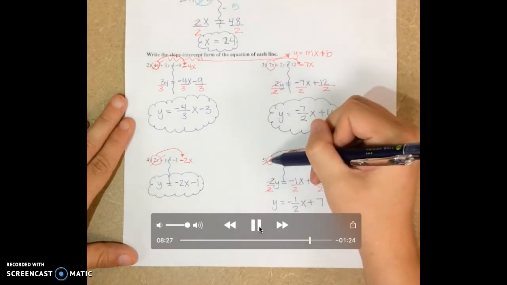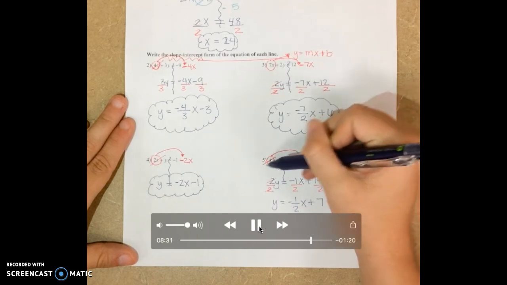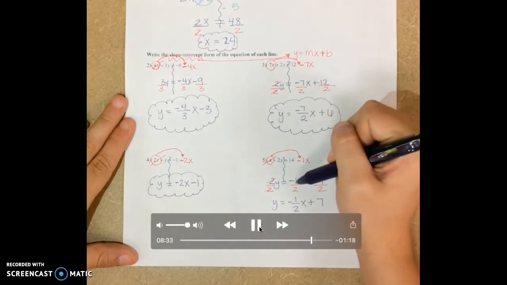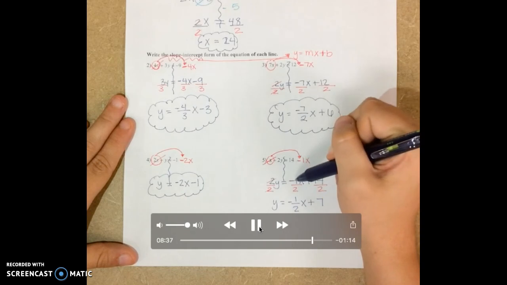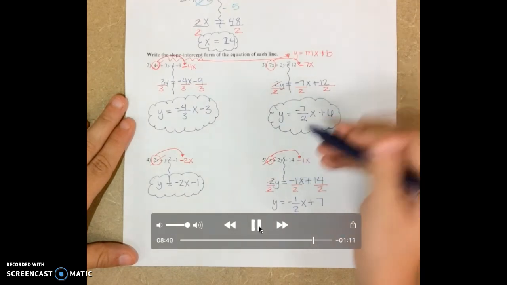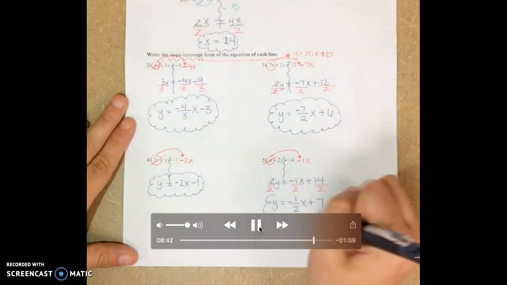I chose this because you don't see anything in front of the x, but when you move it, it's a really good habit to just write negative 1x. Because when you're dividing, it helps to know that you have something and you're just not going to put a 0 here. Okay, and